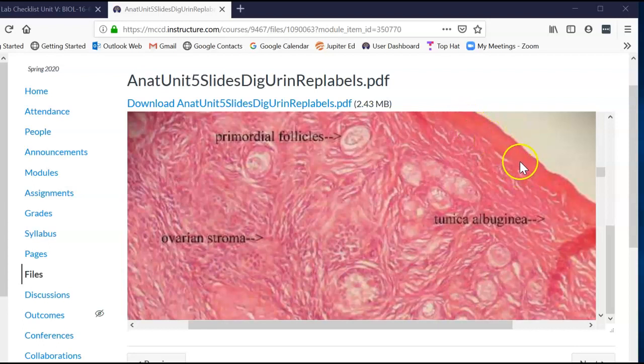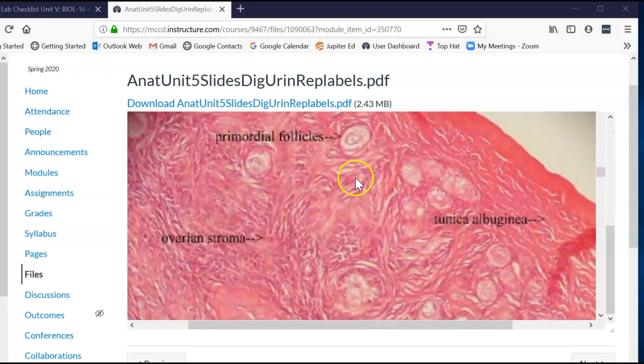The first layer, the fibrous layer that you see here, is the tunica albuginea. The word alb means white, and so this would be a white fibrous material. And if we go in from that, we see that we have some of the structures that are developing, which